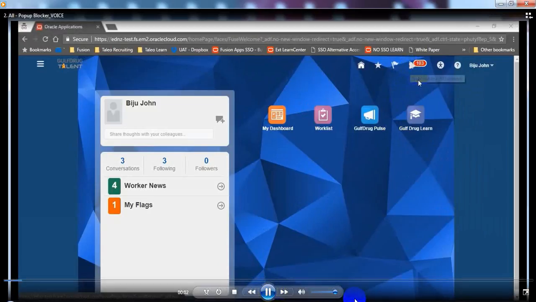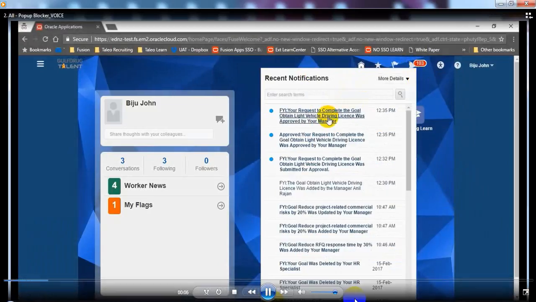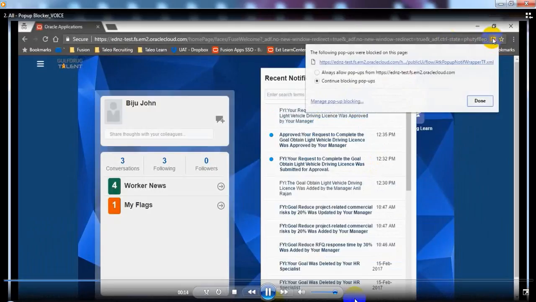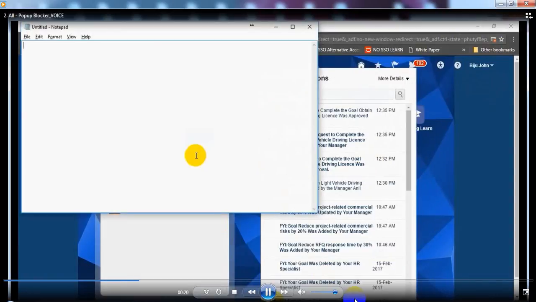When receiving notifications, you will be required to take an action on them. You can access these notifications on the top right corner where you see a bell. The number in red is how many you haven't completed yet. If you open a notification and a pop-up does not appear, you need to disable your pop-up blocker. Just go to the top right corner where you have a small red X, click on it, select Always Allow